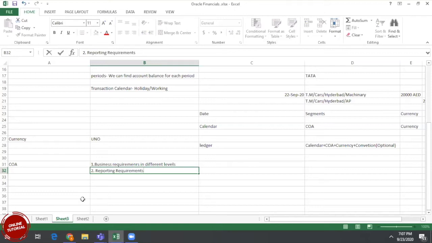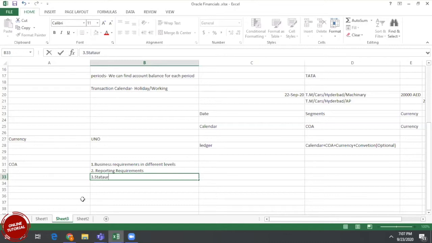For example, you want to define a report, and in that report you want to keep a segment as a parameter, and based on the parameter, if you want to derive any balances, accordingly we can keep that particular segment, because it's very useful for reporting. And the third point is we need to consider statutory requirements also. Statutory requirement, maybe as per legal obligations.